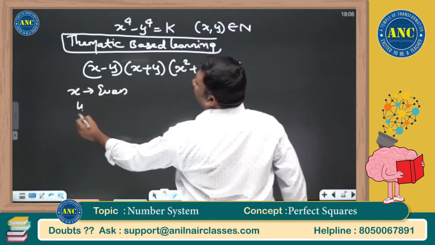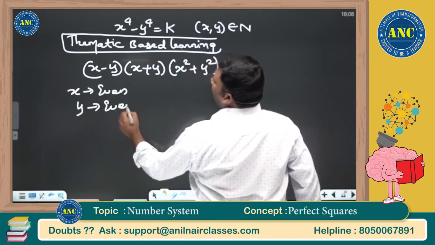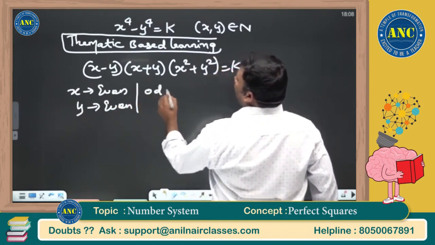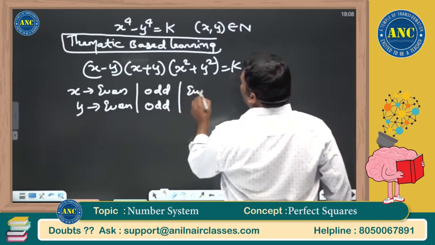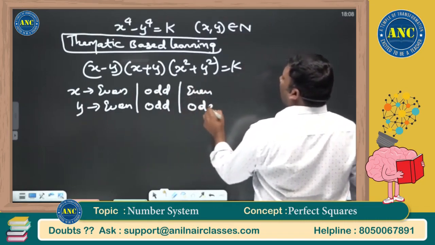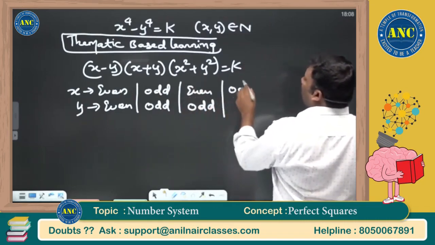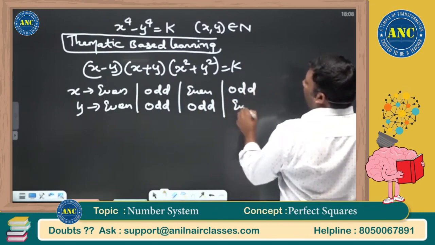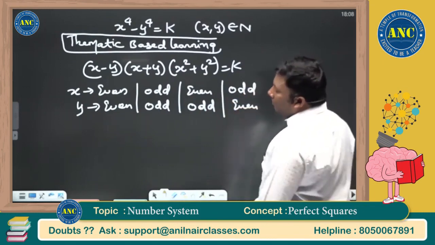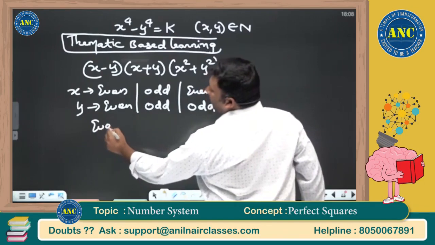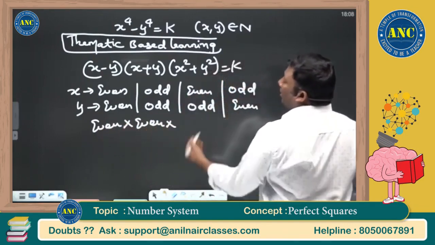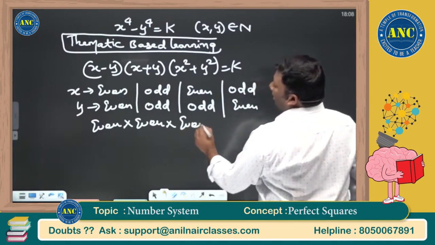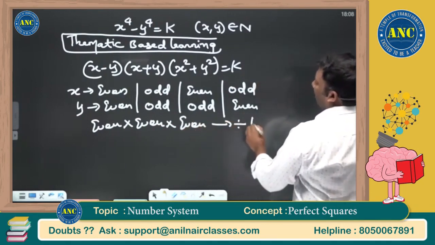x is an even number, y is an even number. x is an odd number, y is an odd number. x is an even number, y is an odd number. x is an odd number, y is an even number. Even minus even, it is an even number. Even plus even, even number. Even square plus even square, it is an even number. Right hand side will be